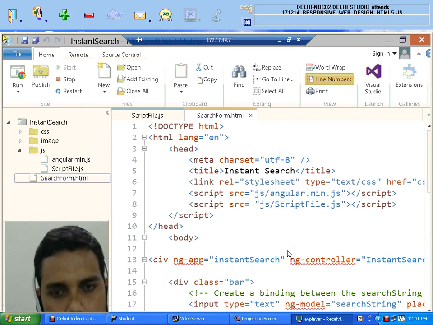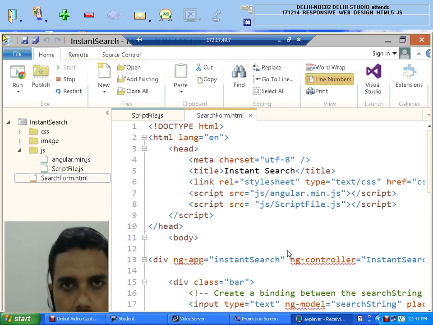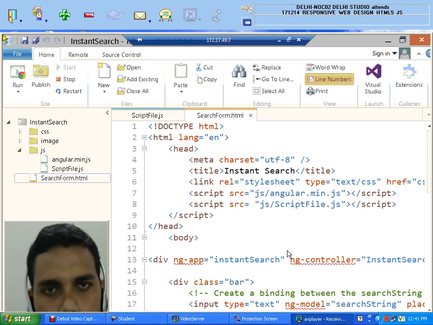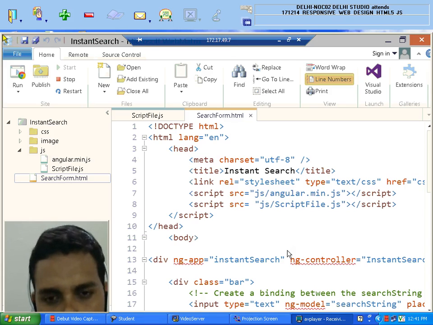So we used XML at that time. Now someone who has no background of XML